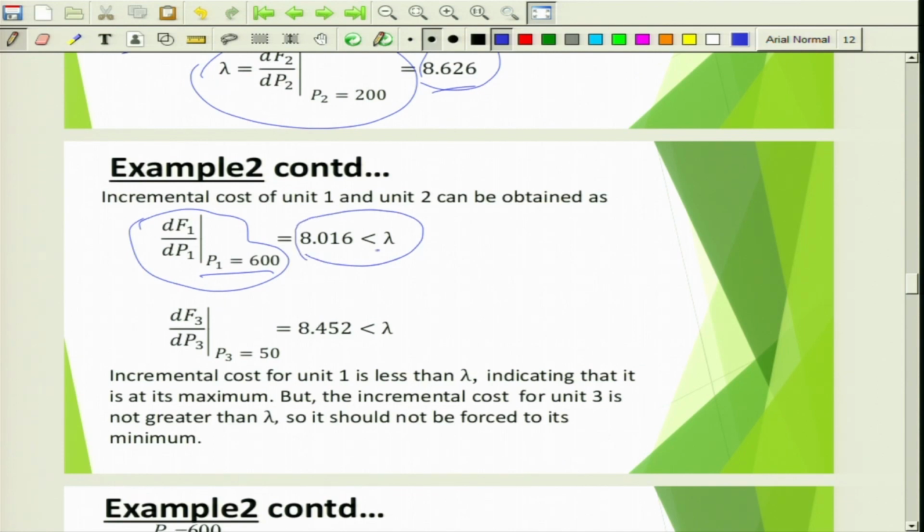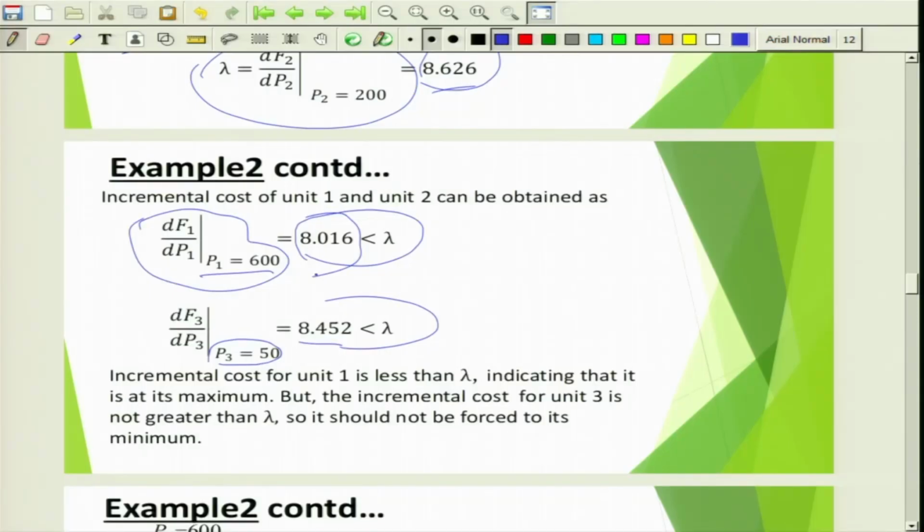8.016, which is less than lambda. Similarly, obtain the partial differential of the fuel characteristics of generator 3 with respect to its generation, which is at 50 megawatt, and you will get 8.452, which is also less than lambda. But if you remember the note, within the limit of generation, the partial derivative of any generator should be equal to lambda. If it touches the upper threshold, then